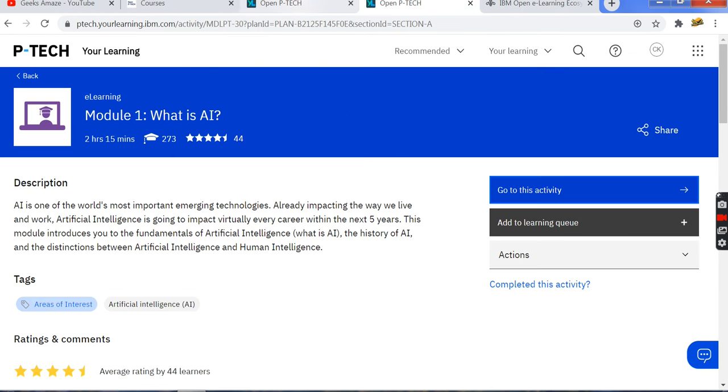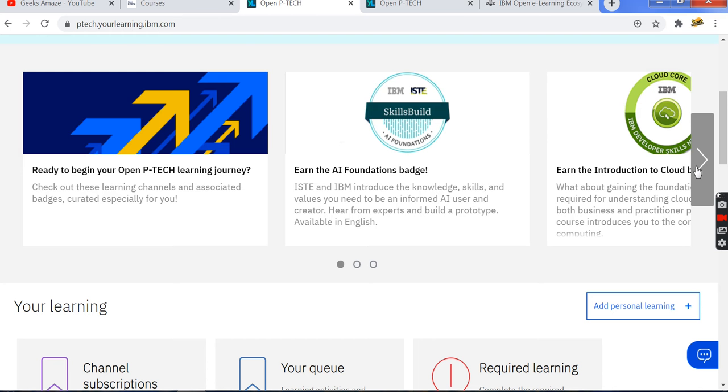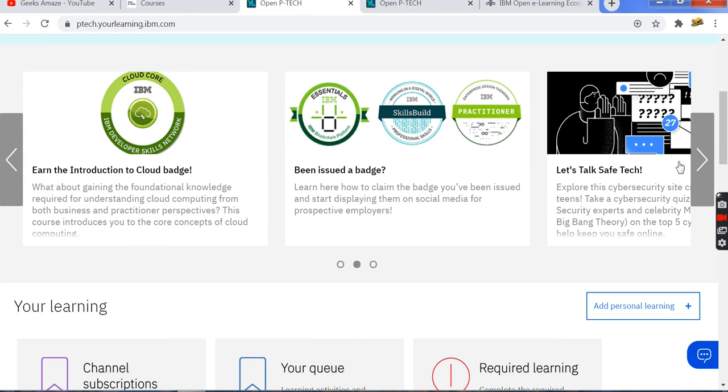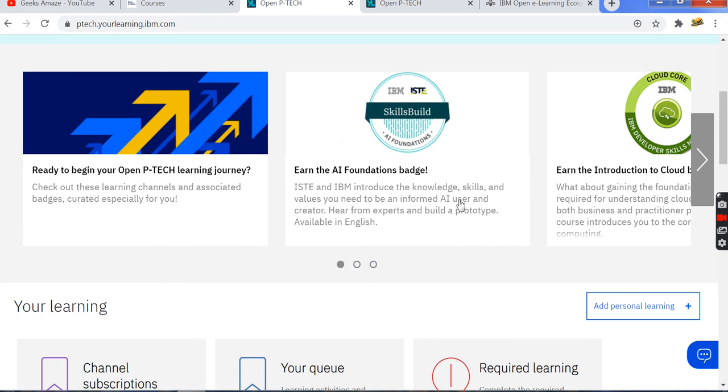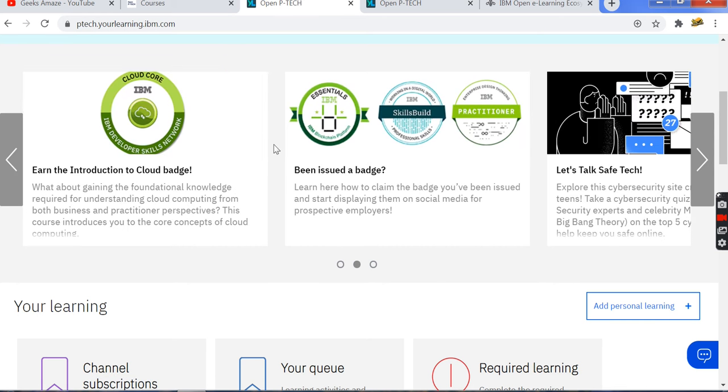After completing the online assessment successfully, you will receive the IBM SkillsBuild AI Foundation badge from IBM itself. Like this, you can enroll in cloud also. If you want to learn more about cloud, you can enroll in this.